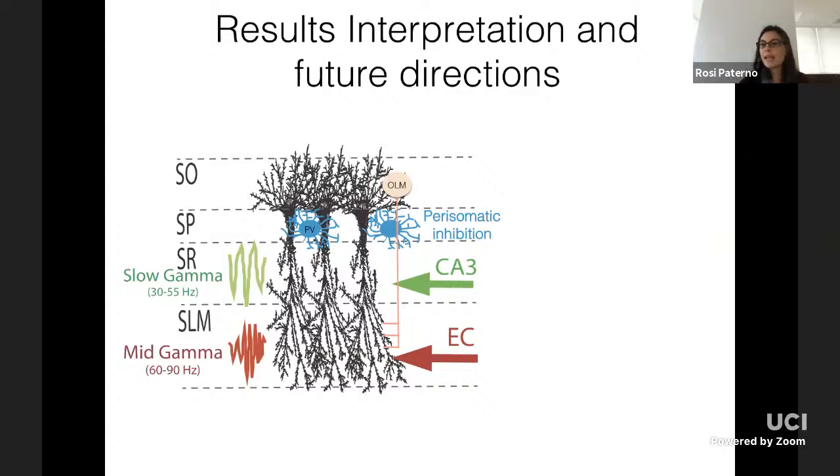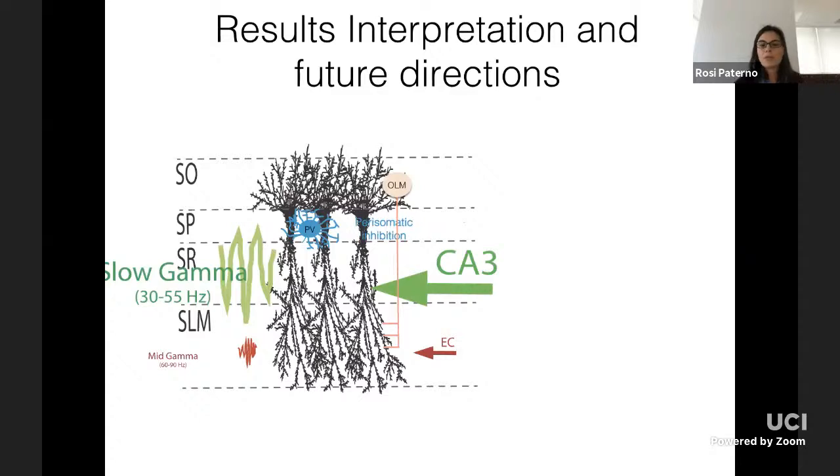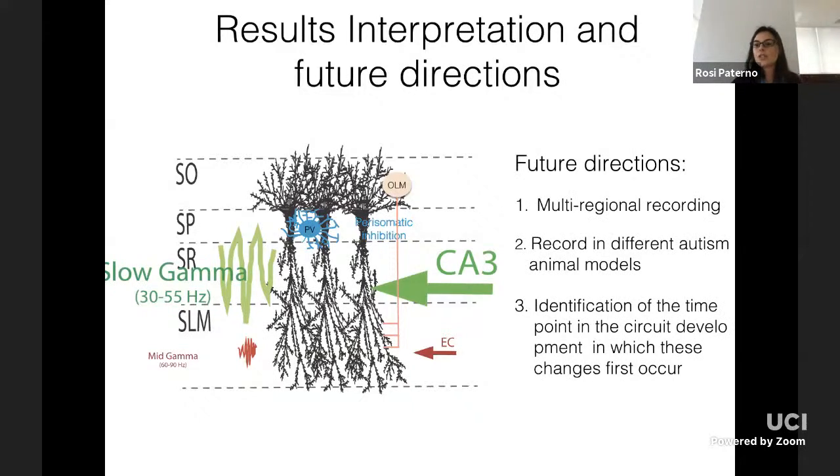What we think is happening, as a possible explanation for this animal model, is that the input coming from entorhinal cortex is lower, and therefore the stratum pyramidale of CA1 is more tuned to CA3 input, in association with the fact that we have a reduced perisomatic inhibition. We, of course, need to remember that autism is a neurodevelopmental disorder, and so different brain regions can be involved. So as a future direction, we could also understand if what we see in the CA1 area